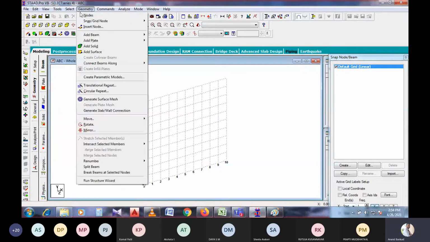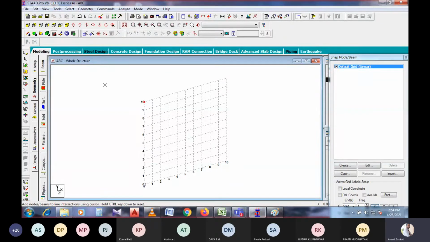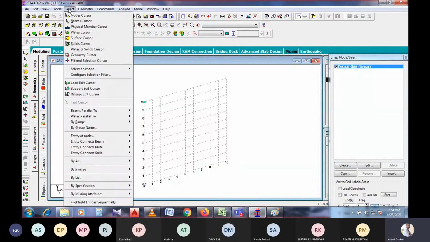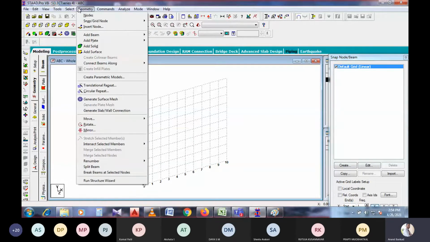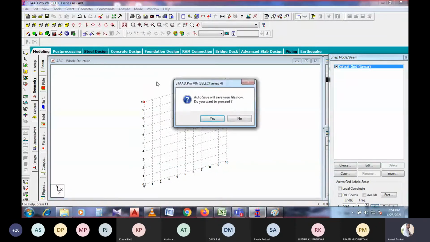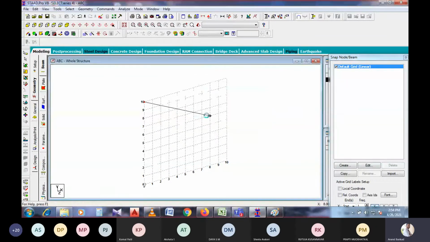Later on, selecting the nodes, selecting the columns, any of those selections is done with this Tools menu. Next is Geometry, that is add beam, add plate, add solids. Plates and surfaces are considered to be a slab as well as a roofing material, right?